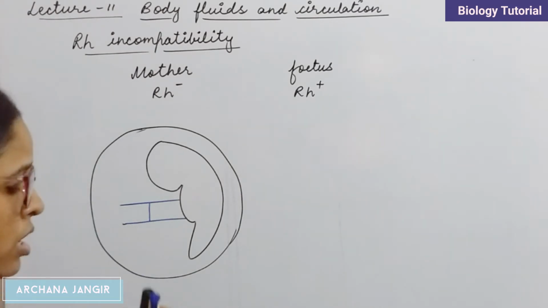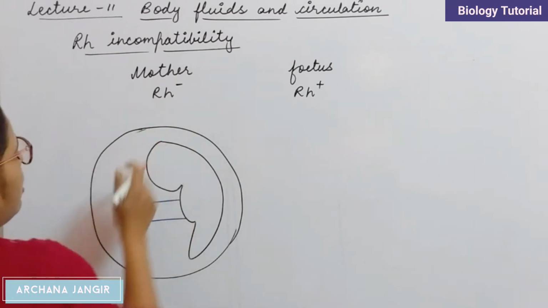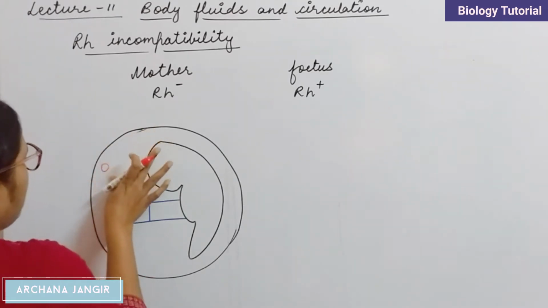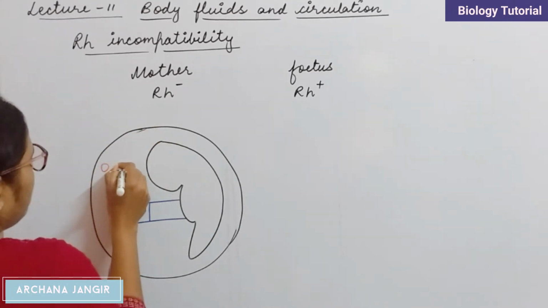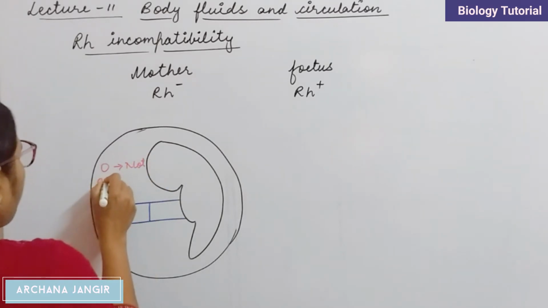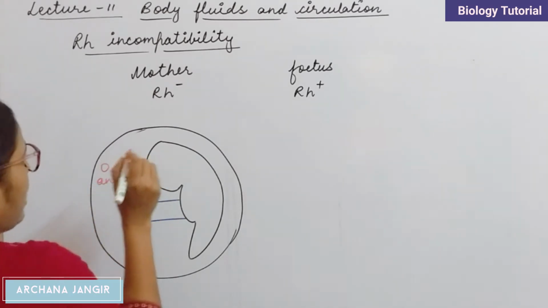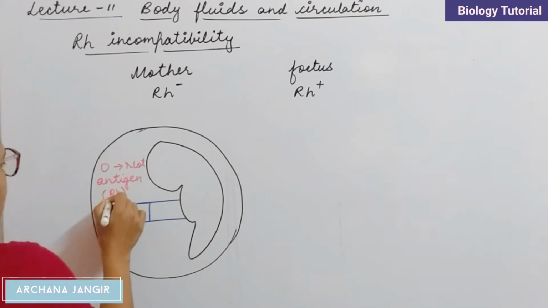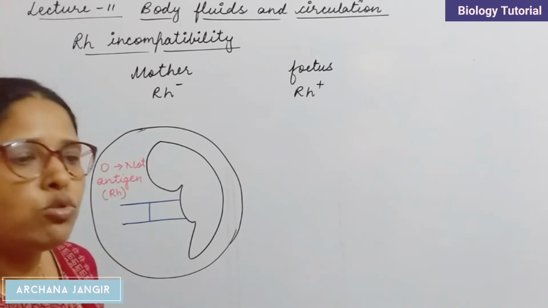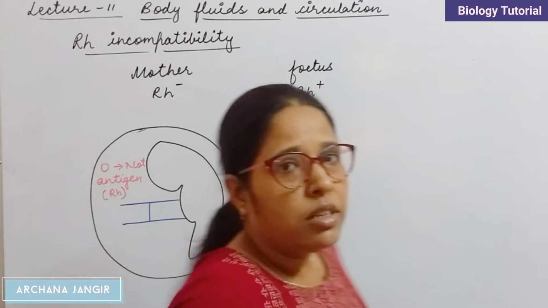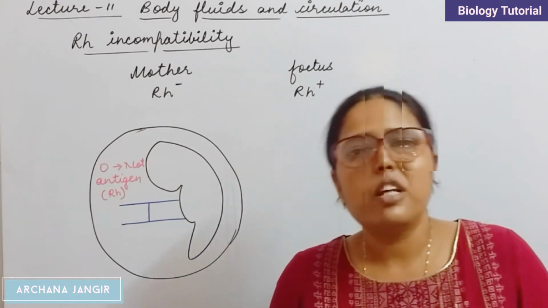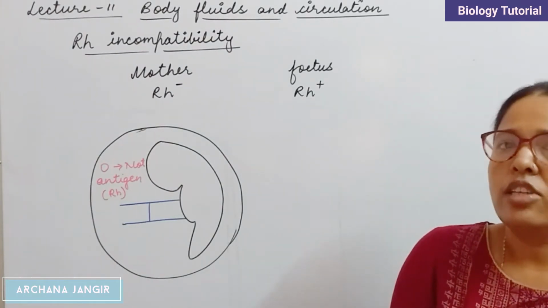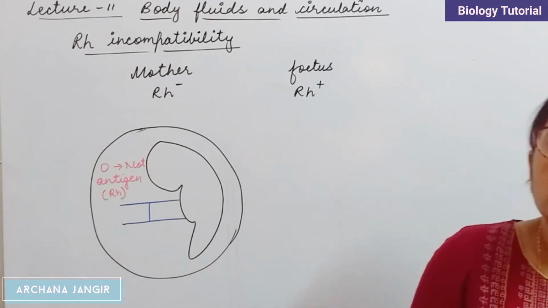And we know that the mother's body is Rh negative. It means its RBCs do not have, this is the RBC, this RBC does not have antigen. Clear? Which type of antigen? Rh antigen. So it does not have Rh antigen. As there is no Rh antigen, there are no Rh antibodies, because no self defense is present in the body against Rh antigen. Now the body starts preparing antibodies against Rh antigen when it comes from outside of the body.